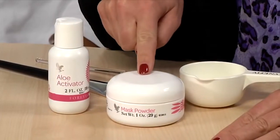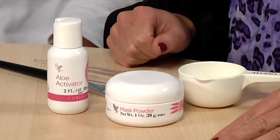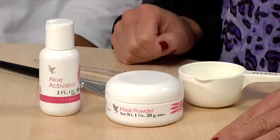This is Karen, who has kindly agreed to be our model. We are going to try the biolifting out on Karen now. So we have our two products here, the Forever Mask Powder, article number 341, and the Aloe Activator, article number 343. We take these two products and mix them in a 1-to-1 ratio to get the exact consistency for our